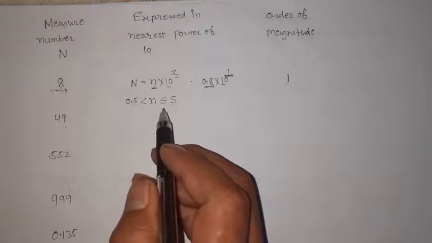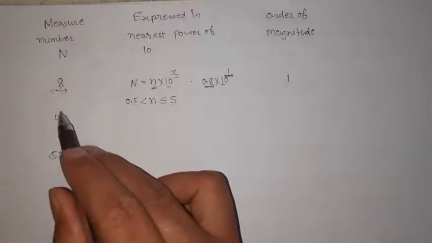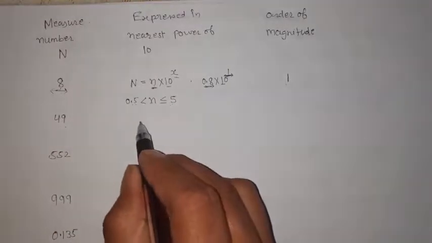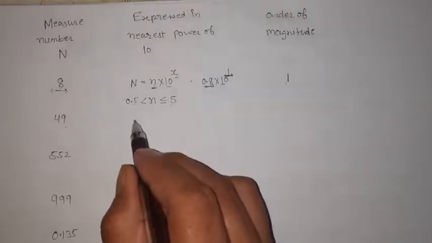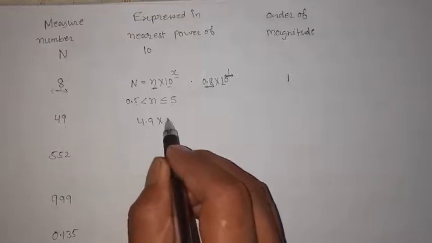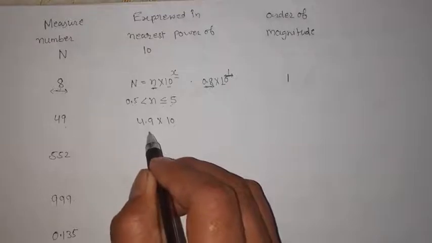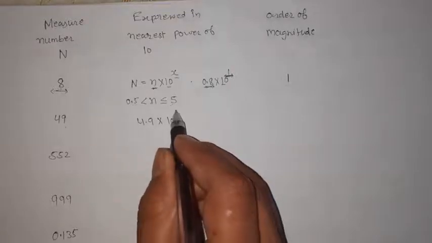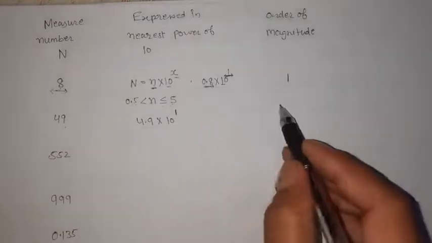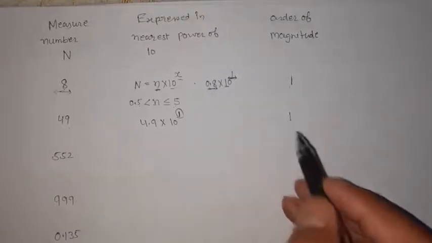Is it right? If I use a decimal before 9, then this becomes 4.9, and 4.9 is smaller than 5. So therefore what will be the power of 10 at that moment? I'm going to write this as 4.9, and this time the power of 10: the decimal is placed one digit before, so therefore we will have the power of 10 as 1. Okay, so therefore how much is the order of magnitude? You have to check only the power of 10. It is the order of magnitude.